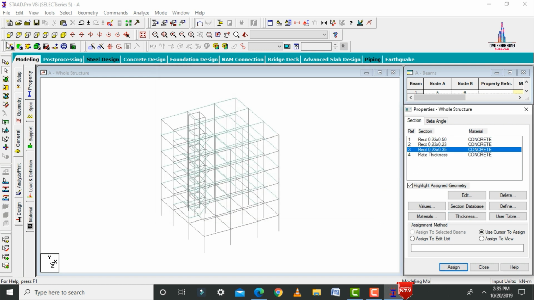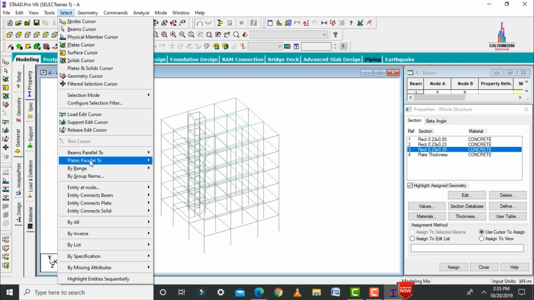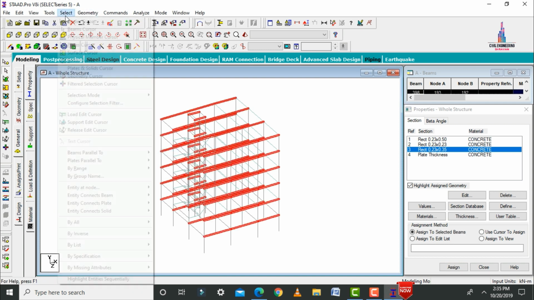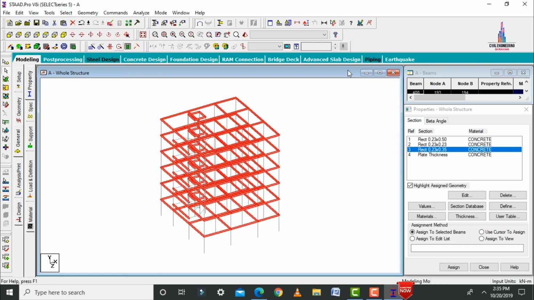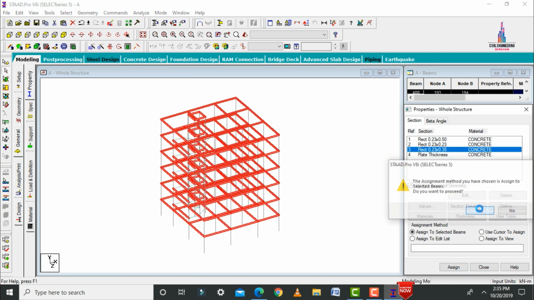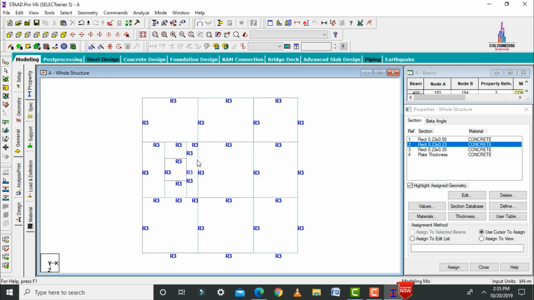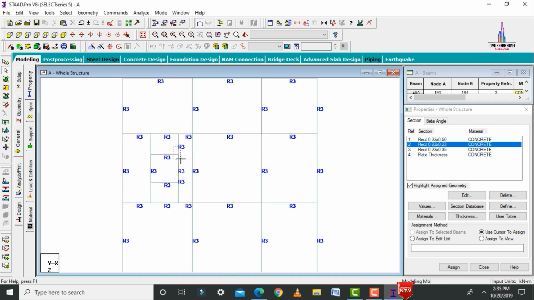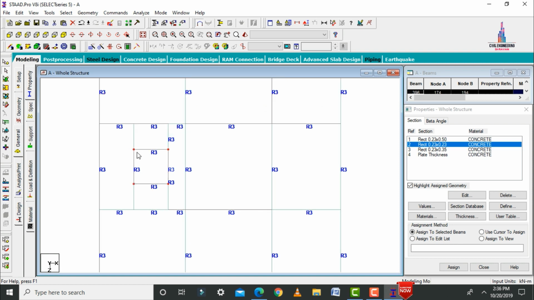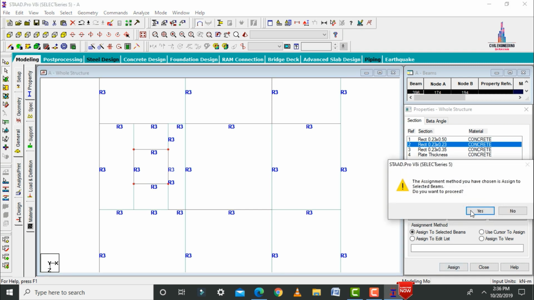Select this beam here. So initially I am selecting the beam. We have to select beams parallel to X condition. Again we have to select beams parallel to Z condition. Click on assign to selected beams, assign yes. So again we have to select the lift columns. Initially we need to select the top view. So here I am selecting the lift columns initially for these portions like this with the help of top view selections. So here I am selecting the lift portion column. Click on assign to selected beams, assign yes.